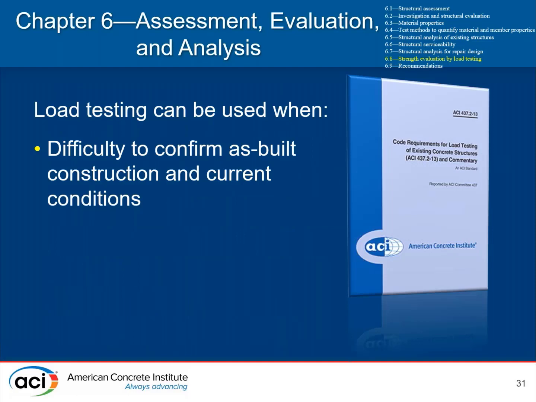In some situations, it might be difficult to confirm as-built construction and current conditions. And so ACI 562 does permit the use of load testing to evaluate the existing conditions. And this is done in accordance with ACI 437.2, which is code requirements for load testing. Some conditions that might precipitate something like this are deterioration mechanisms. Sometimes it can be relatively difficult to ascertain specific properties of a structure